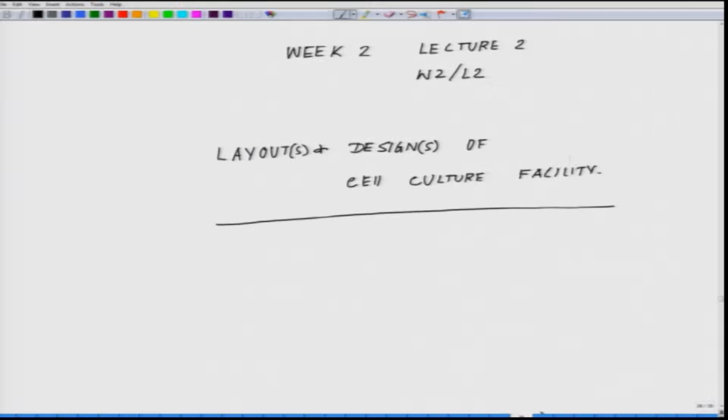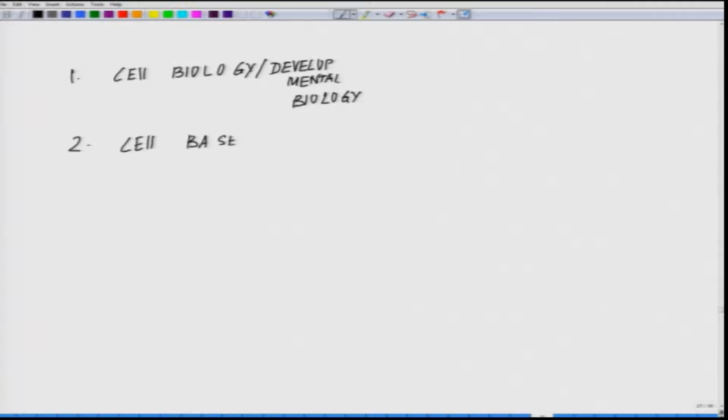Now I told you that there are different kinds of facilities. Say for example, what are the major kinds of objectives. One we talked about, if it is a cell biology lab and it wants to have a facility whose major work is cell biology, or a development biology lab, and I will come later to what the specifications are. Say for example, a lab working on cell based biosensors